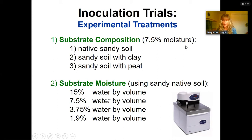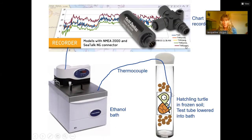For substrate type. And again, these moisture ranges. So the way we, so here's the turtle, and then the turtle has a thermocouple attached to